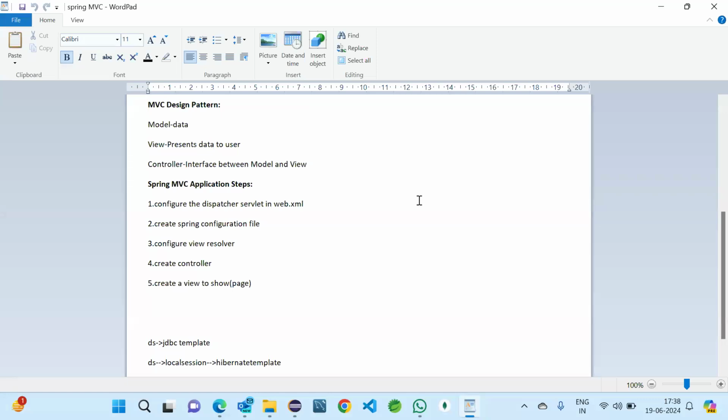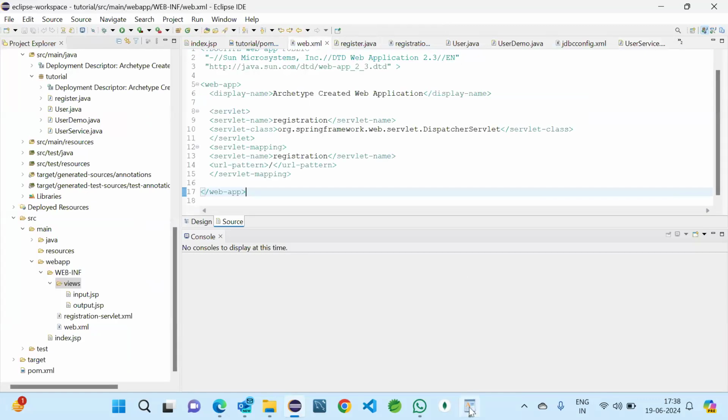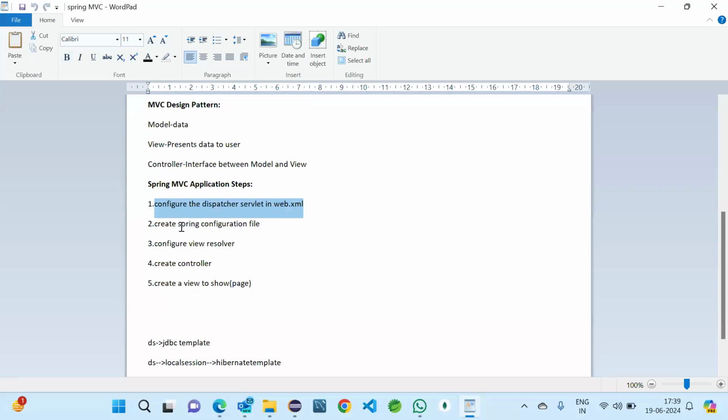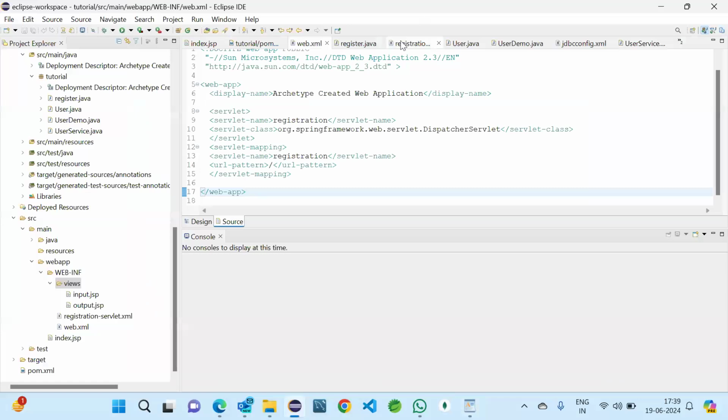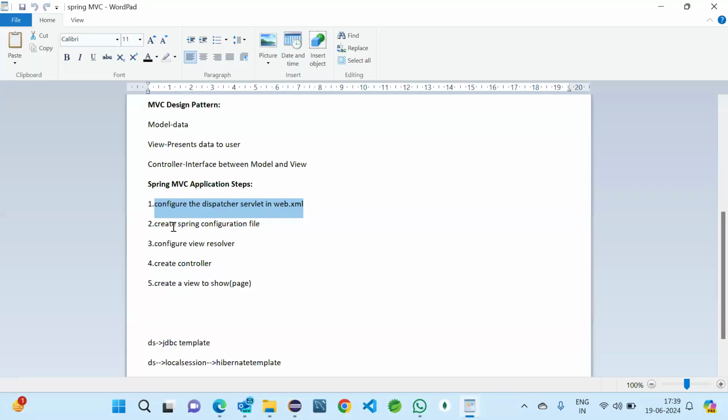So currently we are discussing MVC application creation. In that we have completed configuring the dispatcher servlet, that is this one, web.xml, and then the next step is to create the Spring configuration file. So the configuration file is the registration servlet. That we have also completed, and then the next step is to